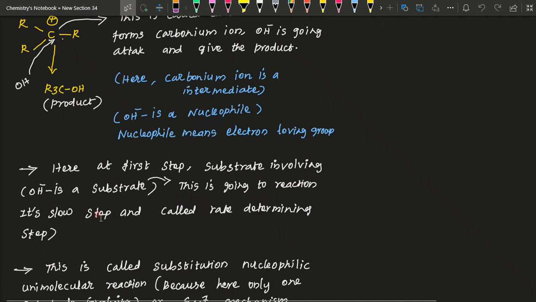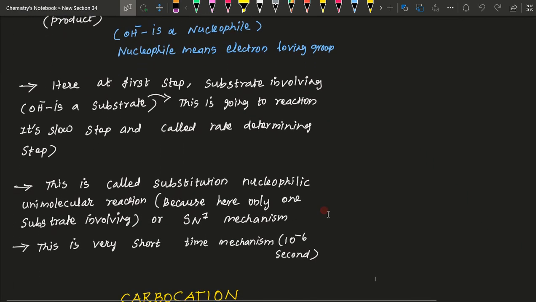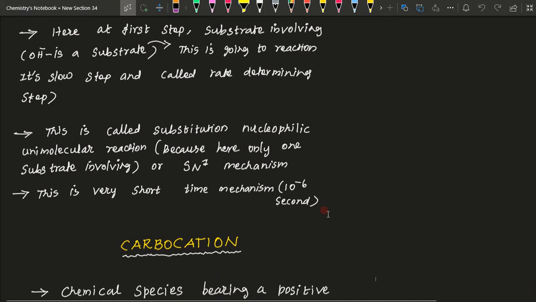This is going to react. It is the slow step and called the rate determining step. Next, this is called substitution nucleophilic unimolecular reaction, because here only one substrate is involved, or SN1